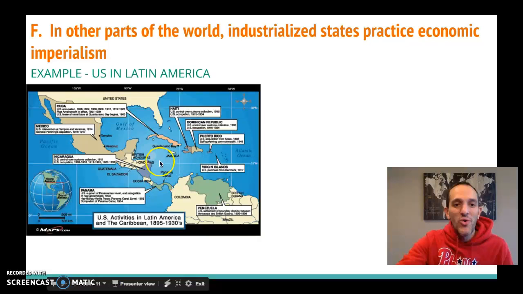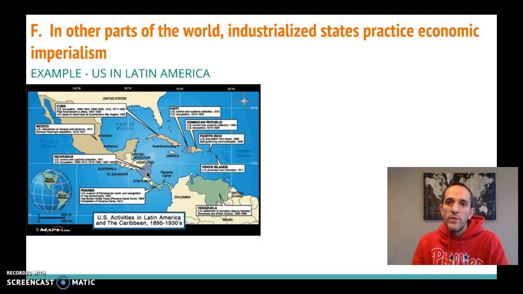You're going to go in. You're going to buy up land, for example, in Nicaragua. You're going to use that land to your advantage, and because you own so much land, you are a huge business area. You can influence the politics and government of that area, almost to the point where you can control it. So we're going to see that industrialized areas, for example, the United